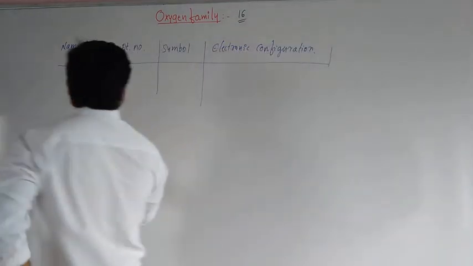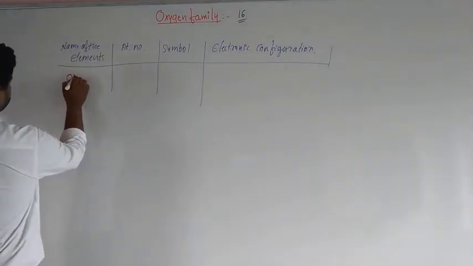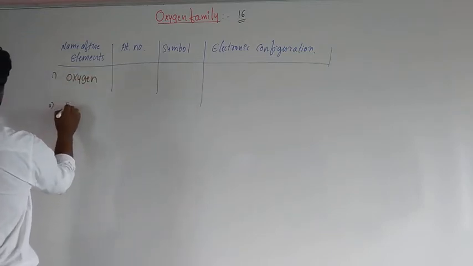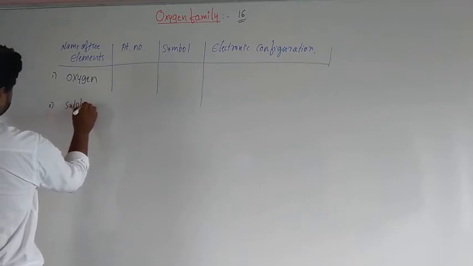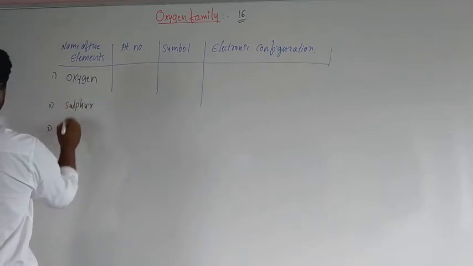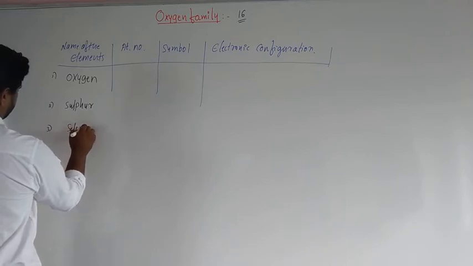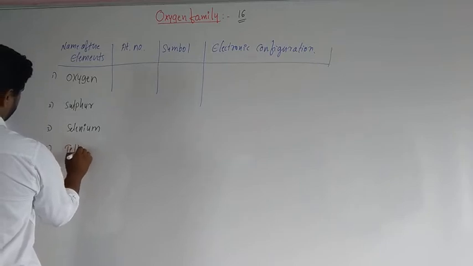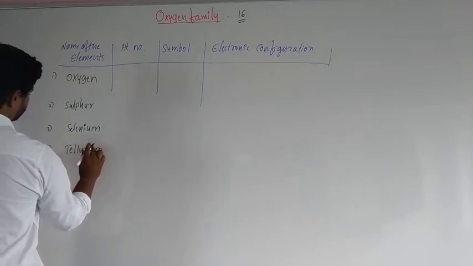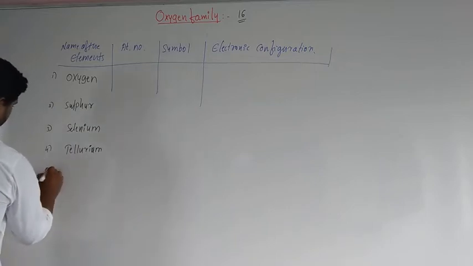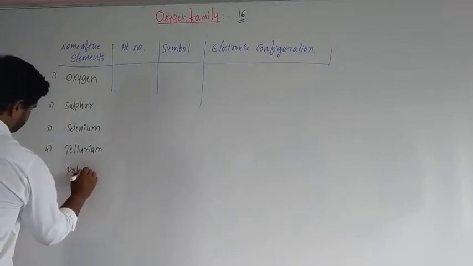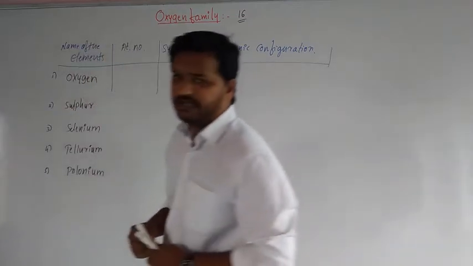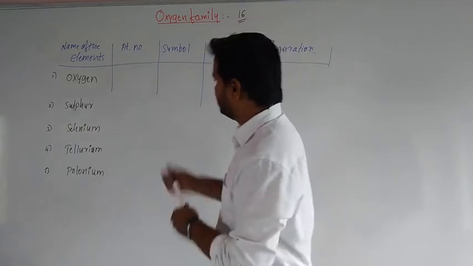First one, oxygen, second one sulfur, third one is selenium, fourth one tellurium, and last one, the fifth one, polonium. So these are the family members of group 16. Okay,